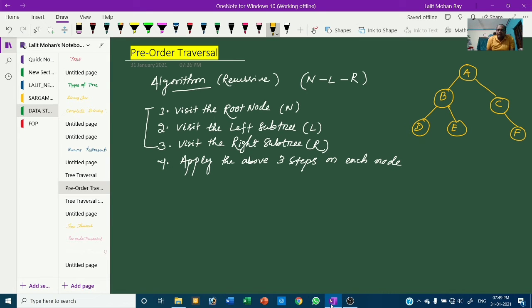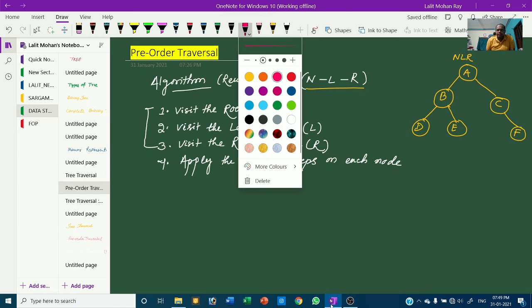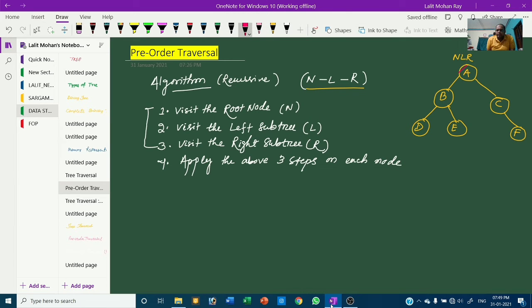As it is a recursive algorithm, you have to apply these steps for each and every node present in this tree. So first apply NLR here. You traverse the root node first, so in the sequence, first A has been visited.